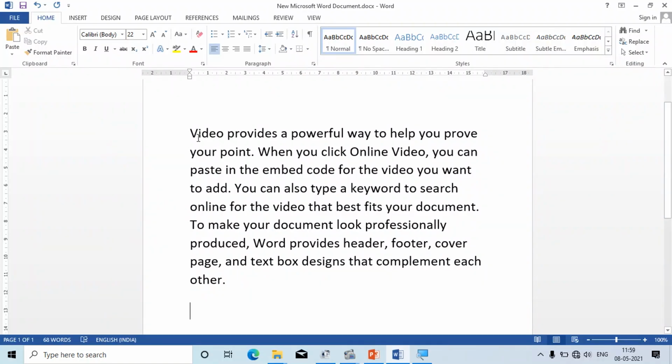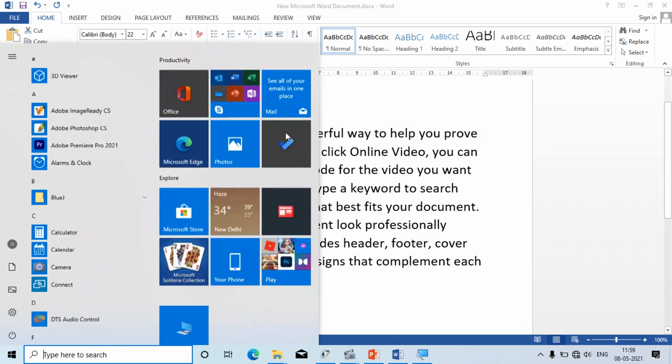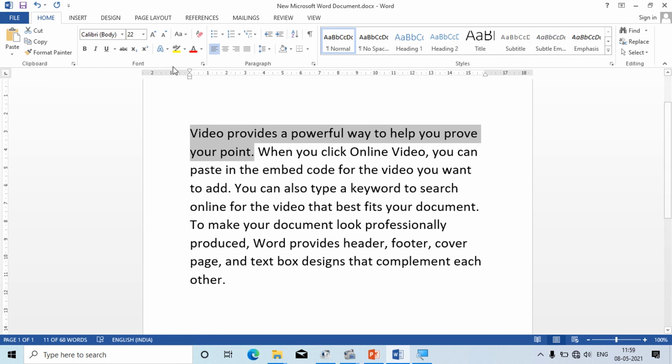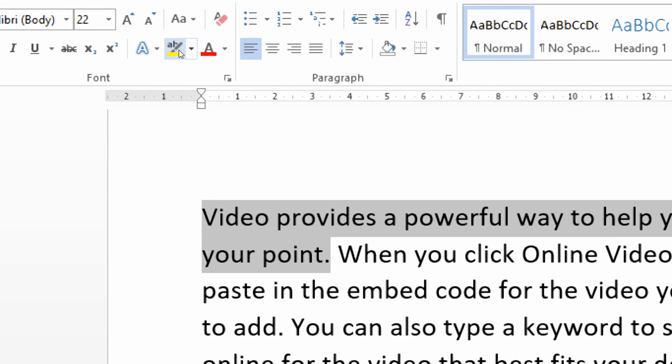You just need to select, it's not a big deal to apply shadow effect. Just select the lines where you want to put shadow. Suppose this is the first line, I want to put a shadow effect. And here you all can see an option is there. Wait, yes, here's the option. This is the shadow effect option.